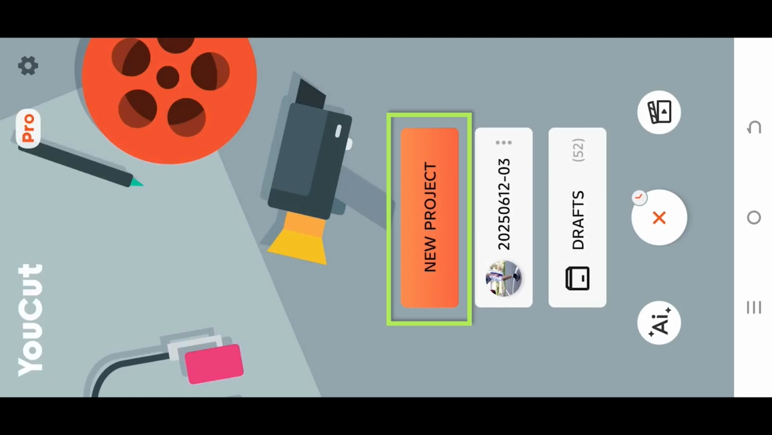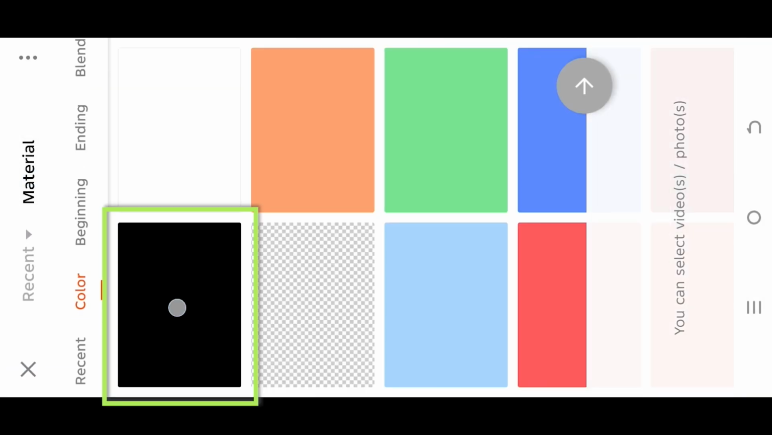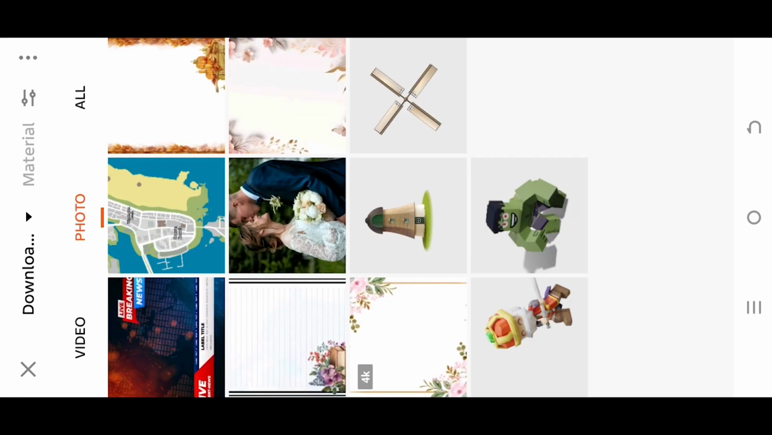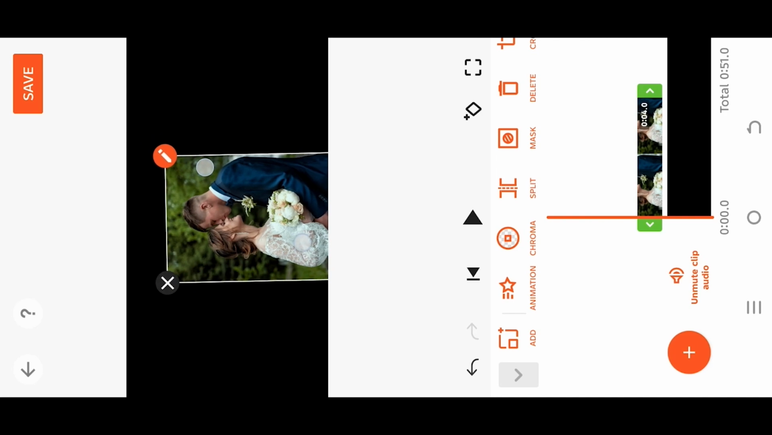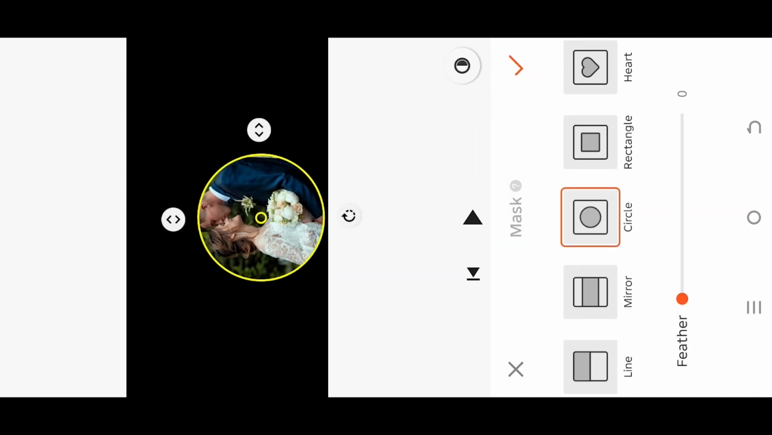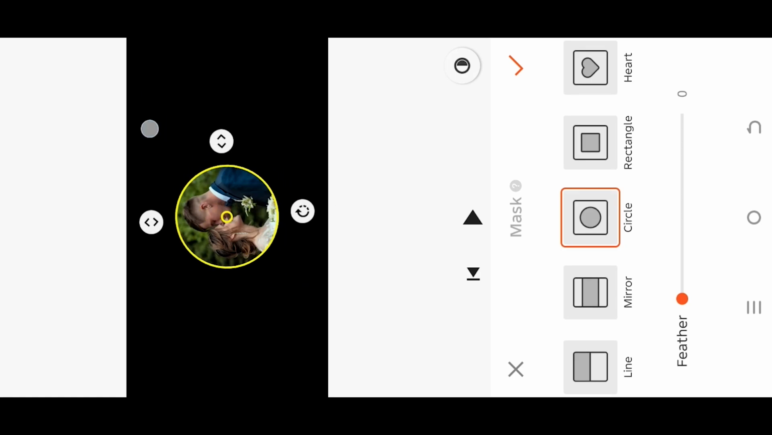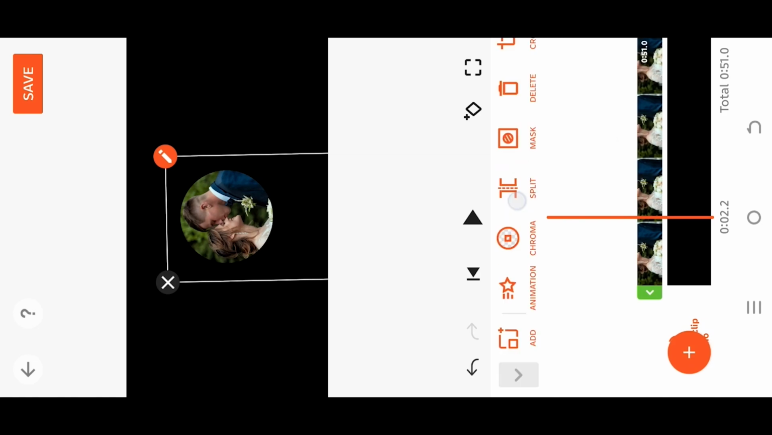So guys, let's create a new project. Go to Material, select a background color, select the layer, give it proper duration, go to Peep, let's go with this one, resize and position it, go to Mask, Circular Mask, resize the mask area, give the layer same length as the background,